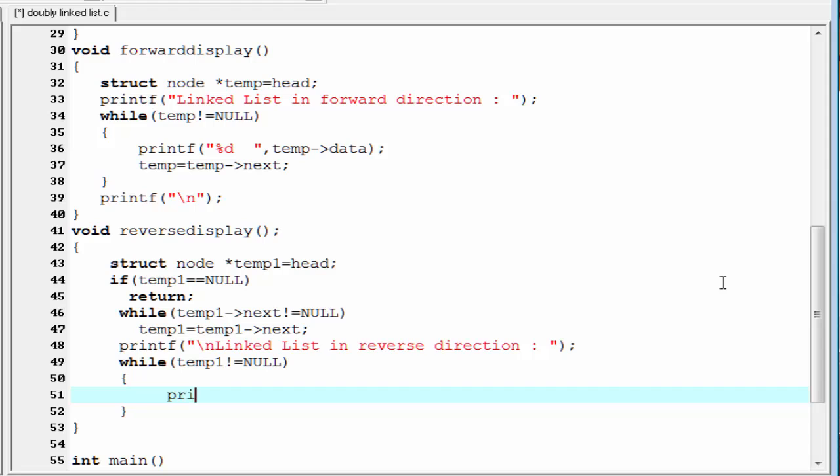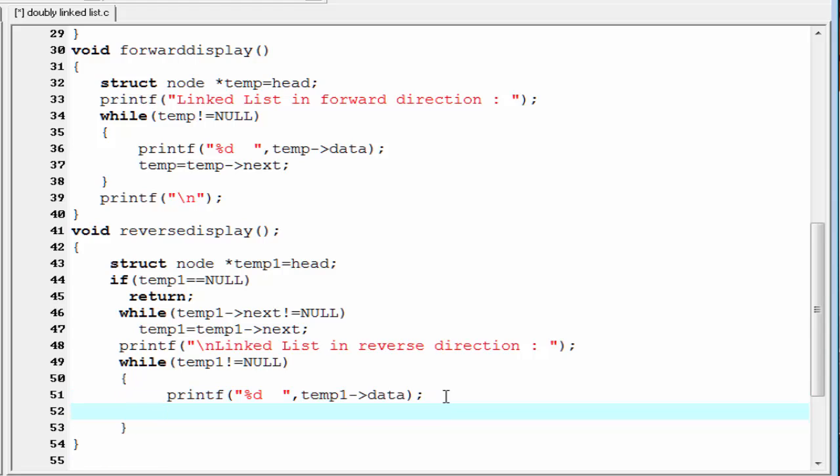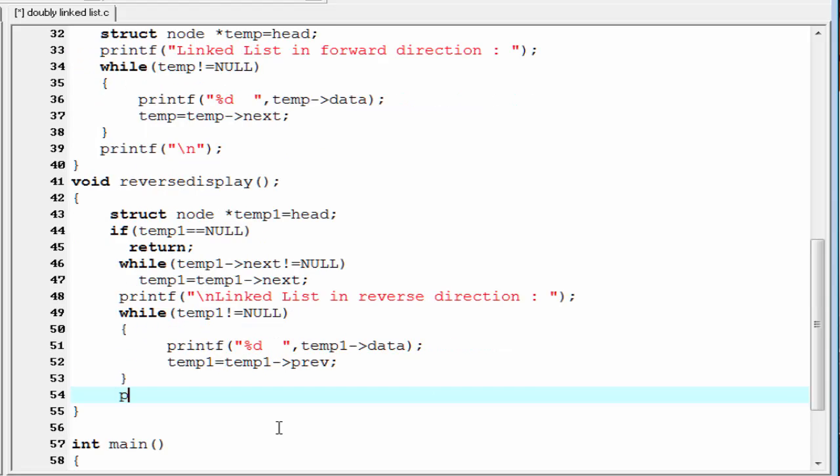So I am going to write here printf %d, and here we refer temp1 data. To traverse backward direction, we will use previous pointer, that is temp1 equal to temp1 prev, and then add here a new line, printf \n. The definition of all three functions are completed.